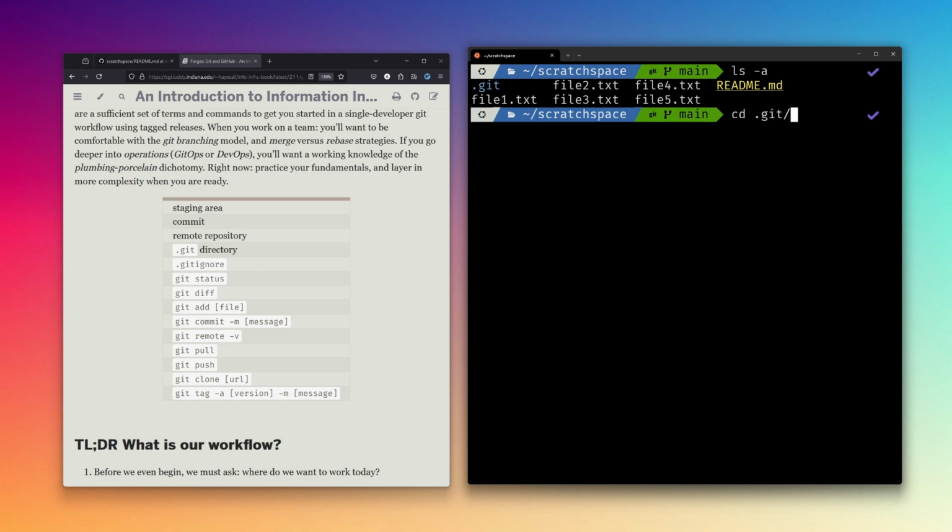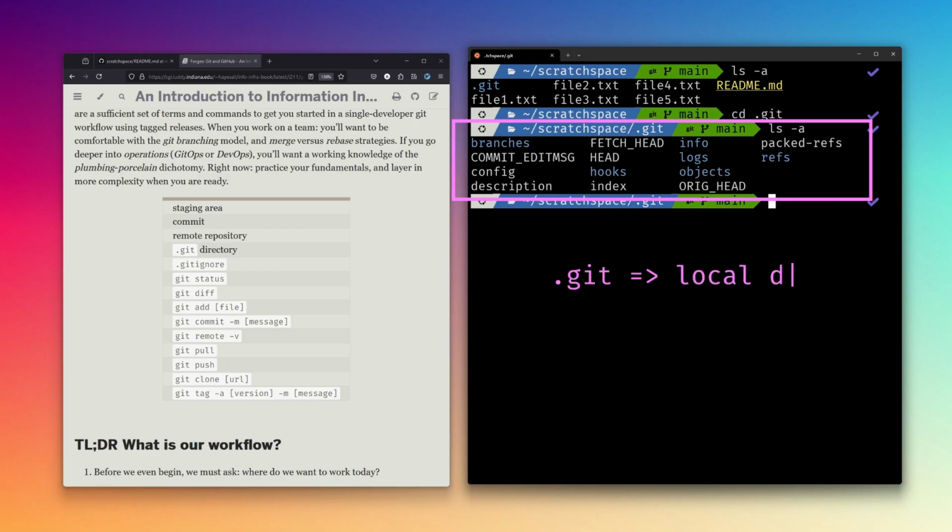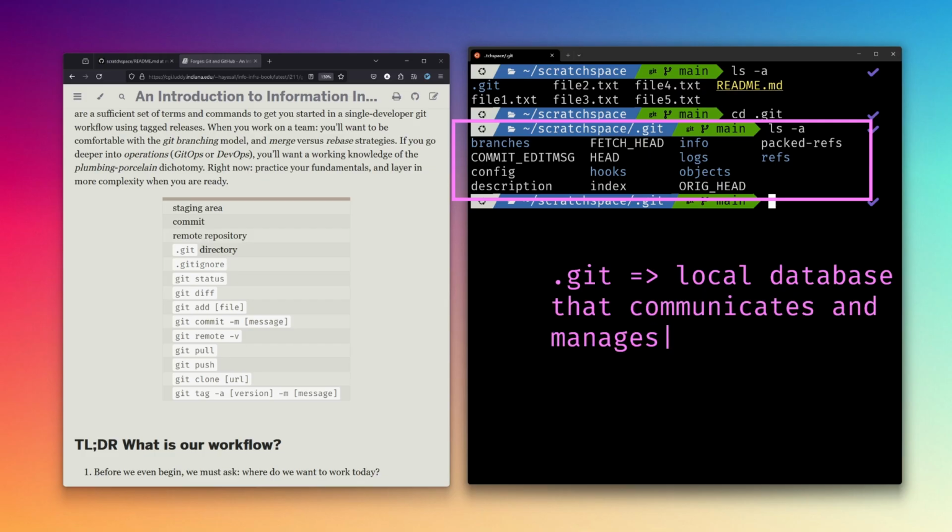Now the contents and how the .git directory works is way beyond the scope of what we can cover in this course, but I want you to think of the .git folder kind of like being a local database. So .git is a local database that communicates and manages file changes. So I'm going to wave my hands here a little bit and say that something happens. We don't really maybe know exactly how Git works, but something is being updated on our computer to keep track